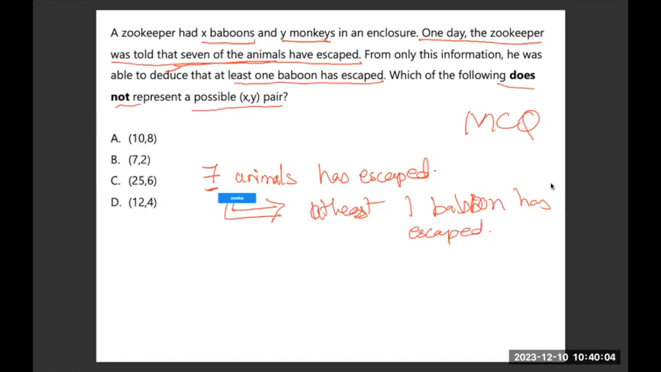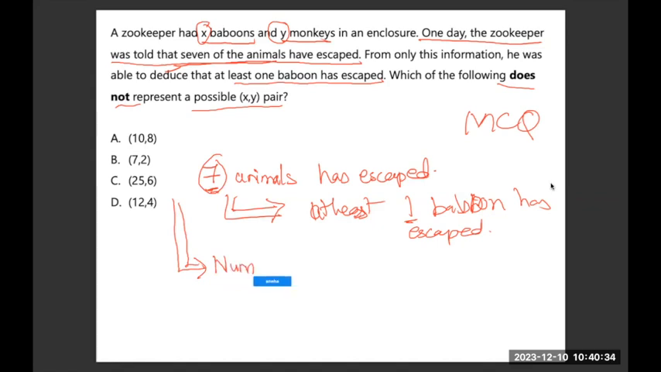In order to deduce that out of these 7 animals, at least one baboon has escaped, the division between X and Y should be such that the number of monkeys has to be less than 7. Only then one can deduce that out of the 7 animals escaped, at least one baboon has escaped. So in order for this to be true, which already implies that,